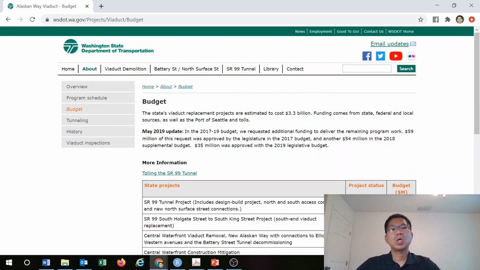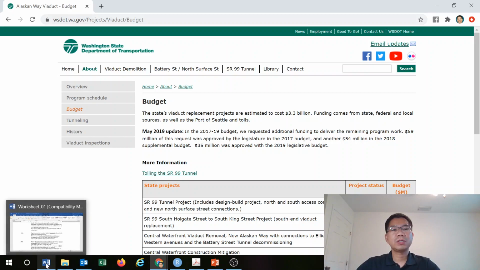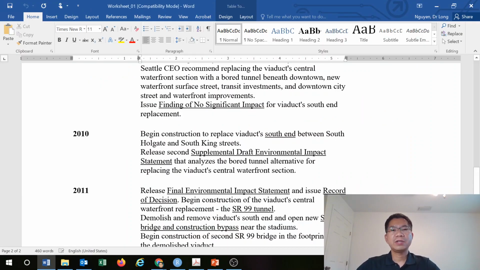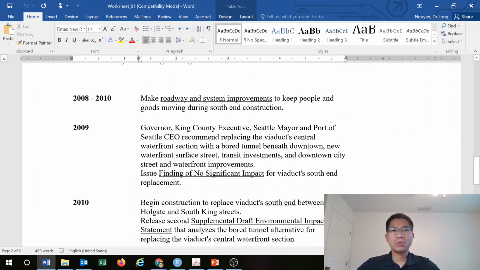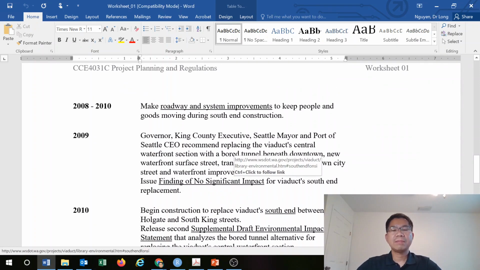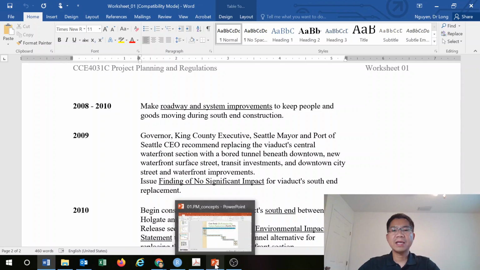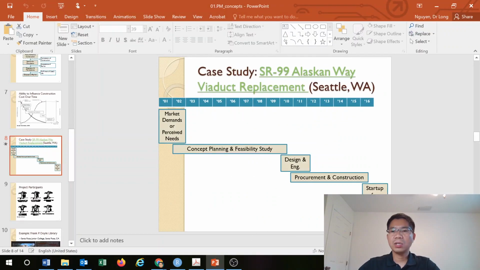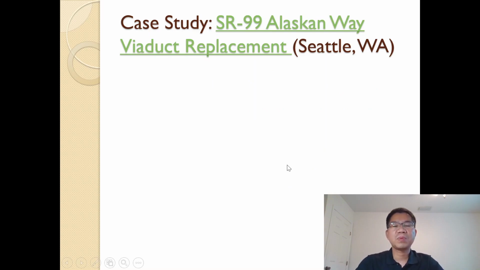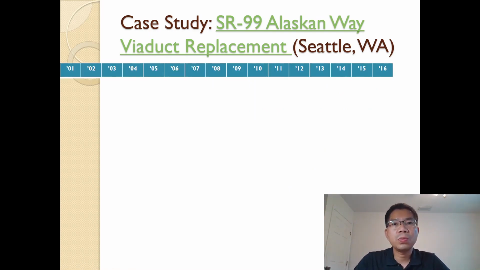So with that, we can go back to the project here, and like I said, with the life cycle with different phases, you can make your own phases and compare to the slide that I prepared here to show the different phases of this project.